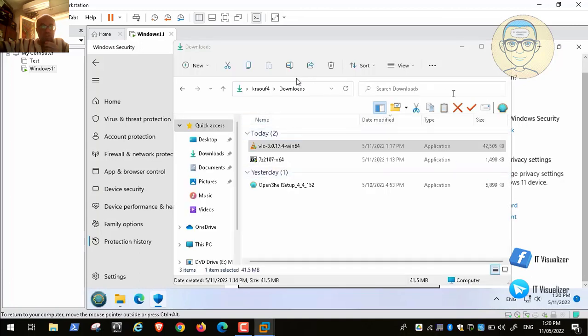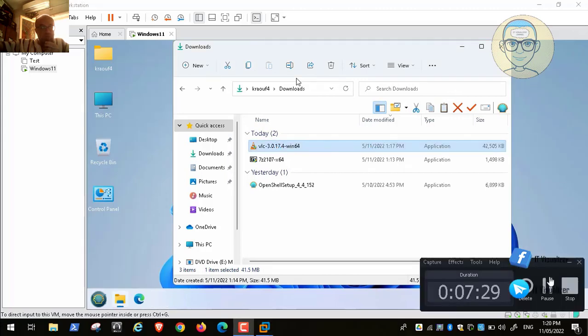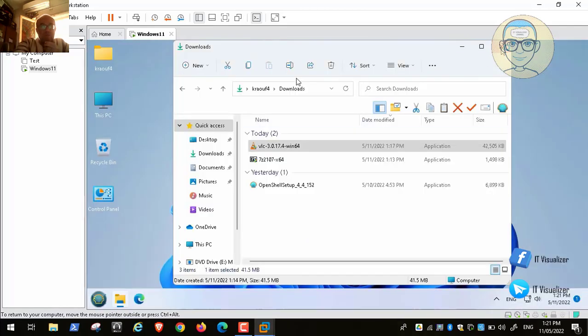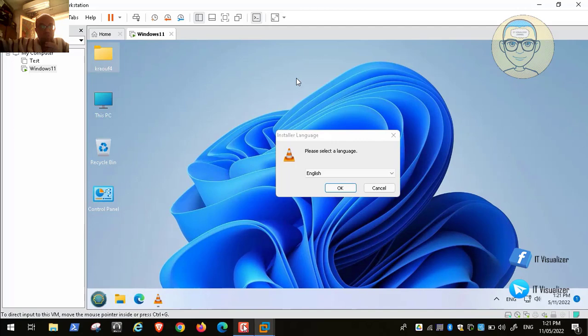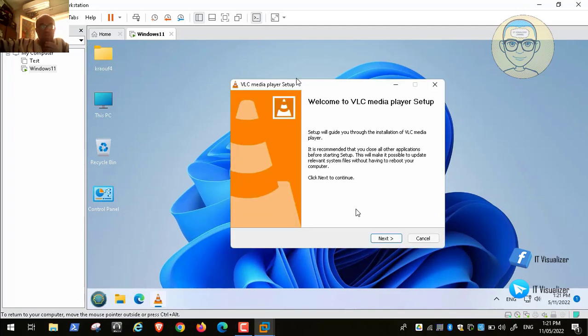So we are preparing our Windows 11 master image to contain a lot of useful programs. Some of them are paid, some of them are open source. Now this is the VLC, we will install it. Next, install. And by the way, this program has also a good feature: it is also working as a converter,